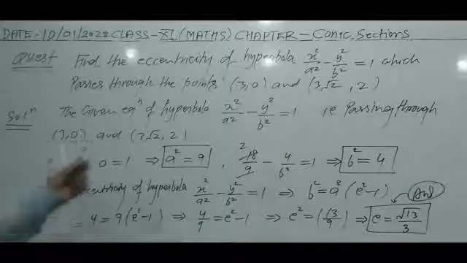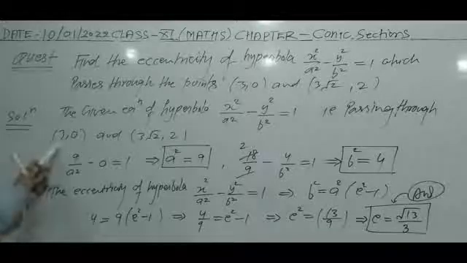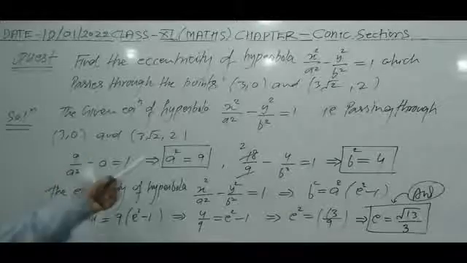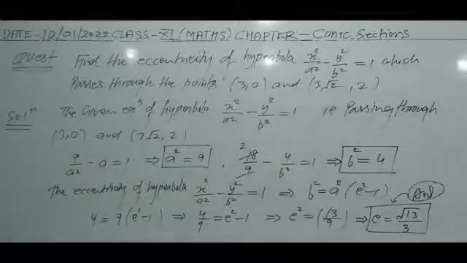The given equation of the hyperbola is x square upon a square minus y square upon b square is equal to 1, passing through the points (3, 0) and (3 root 2, 2). So these points will satisfy the equation, and after putting the values, from (3, 0) you will get a square is equal to 9, and from (3 root 2, 2) you will get b square is equal to 4. Now the eccentricity of the hyperbola, you know,